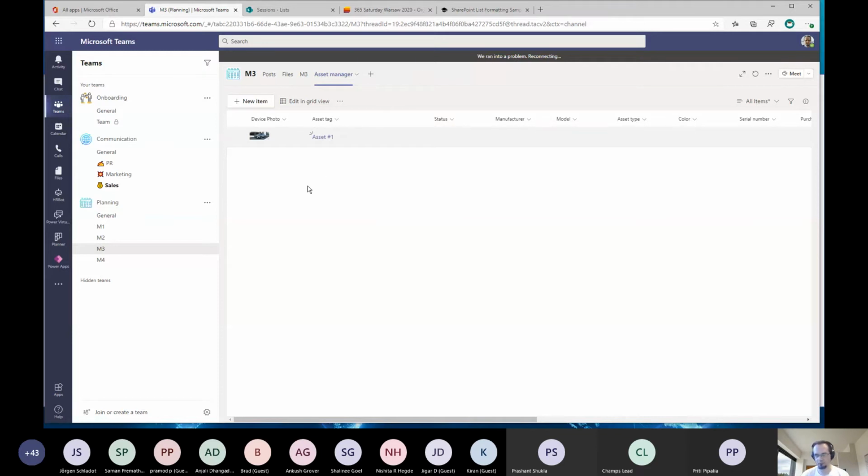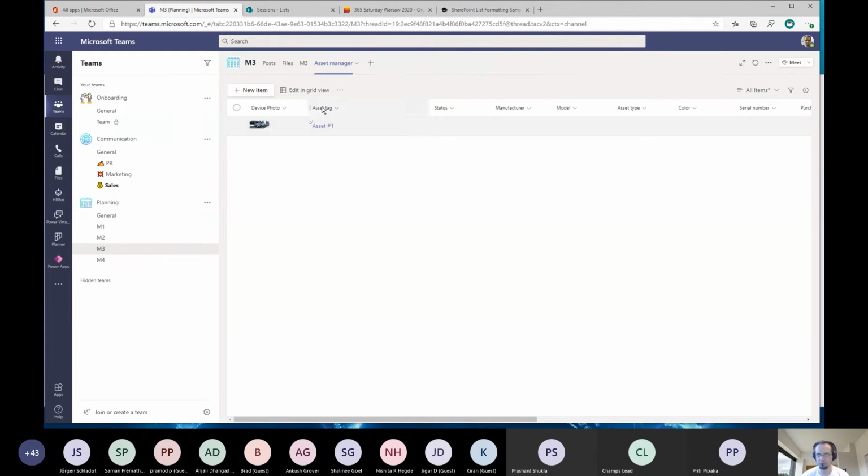It wasn't easy to work with large lists with a large amount of data, and now I have a full view for work, and it's easy to create formatting options, and now I can use a SharePoint list inside my Teams.